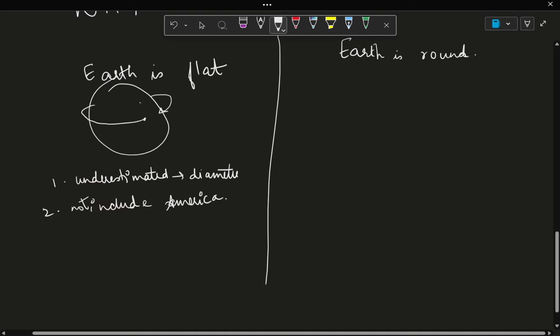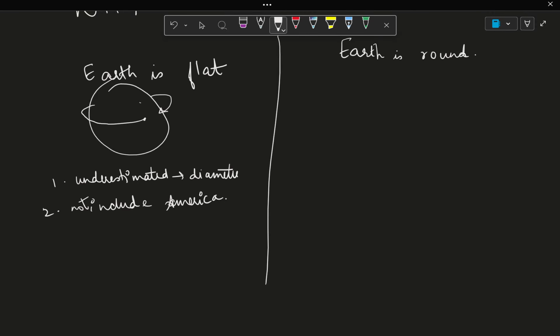Even though the model was incomplete, it was useful enough to support exploration and decision making. So, this illustrates an important point: a model does not have to be perfect to be useful, it only needs to be accurate enough for the